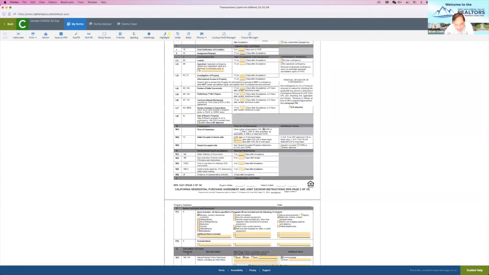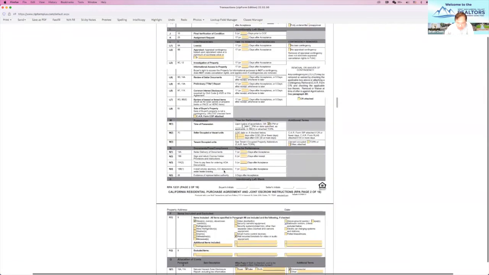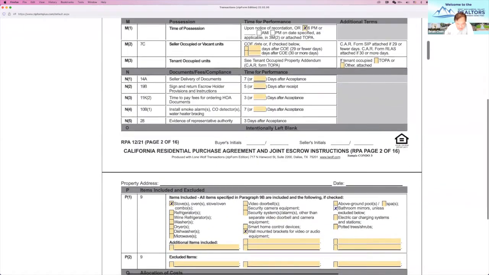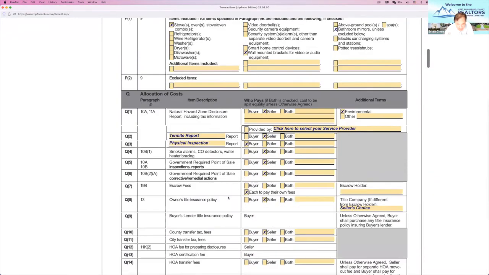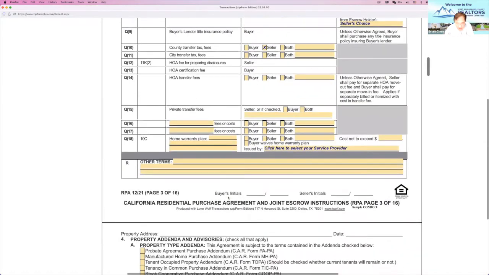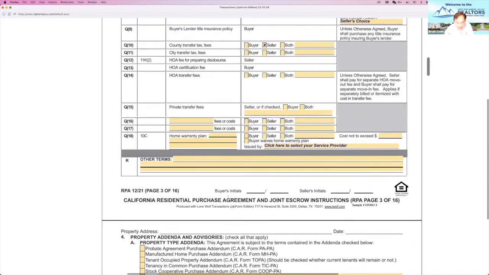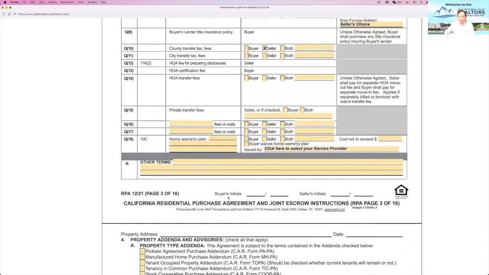So I go here. Oh, my eyes. Oh, I forgot. I forgot to write in home warranty plan. Seller to pay, not to exceed 600. I need to change that. Okay, that's one other thing I forgot. And then home warranty plan, buyer's choice. Okay,